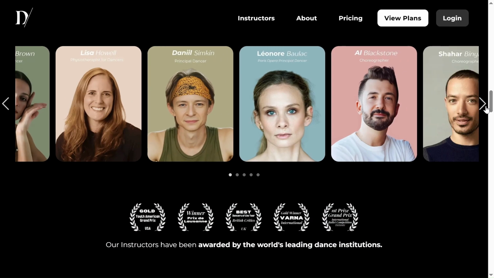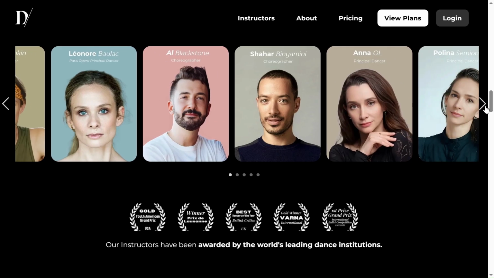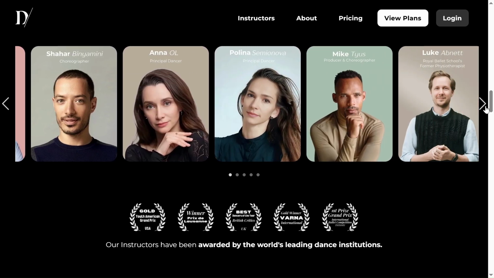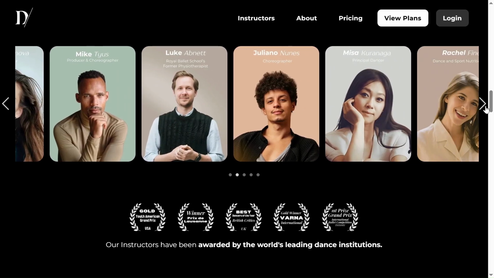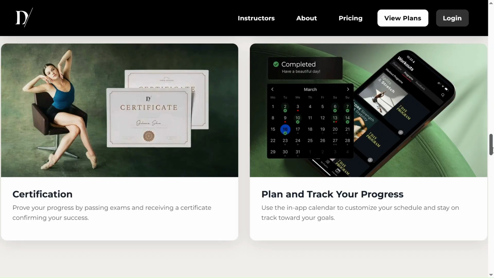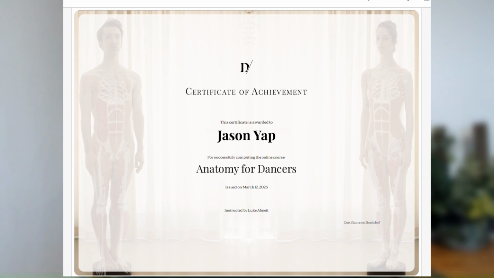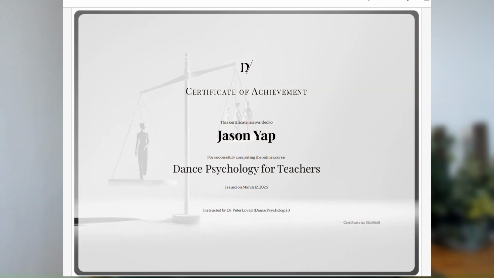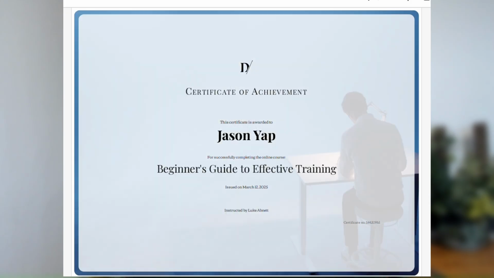They are consistently recruiting the best and most relevant talents in the business, which goes a long way to establishing user trust. One really cool addition here is their Dance Masterclass Original Certification. As we all know, certificates help embellish one's CV and instill a psychological boost to continue upskilling. Here are some of my very own after completing various courses. While it's not a big deal, these little achievements do provide a feel-good factor and a nice personal challenge.